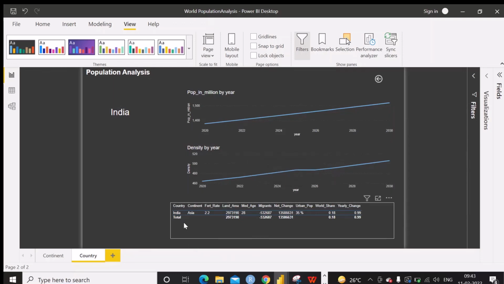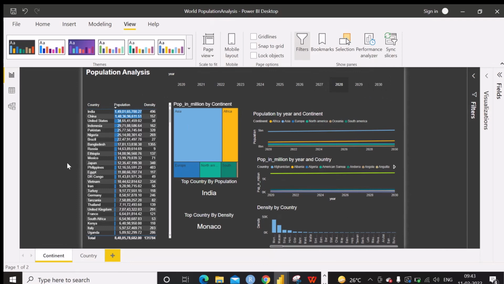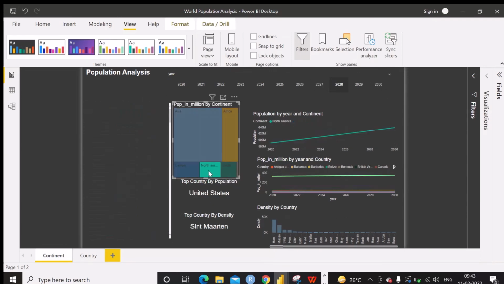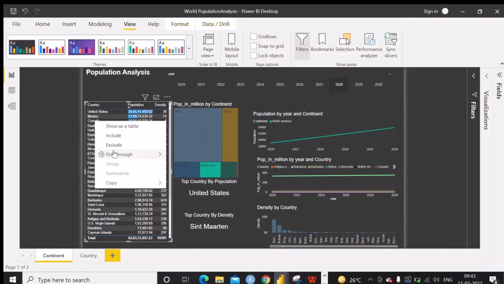And for India, all other master data we can also see in this table. Likewise, we can press Ctrl and click, then you can go back to the continent. If you are interested in North American countries, select North America, and if you are interested in Canada or anything, then go to the drill through country.